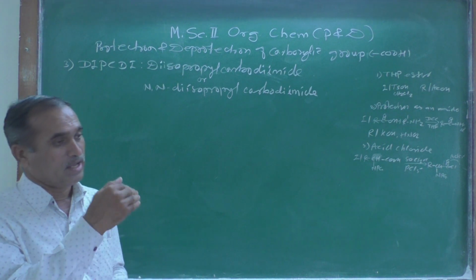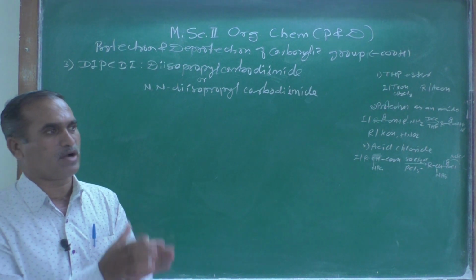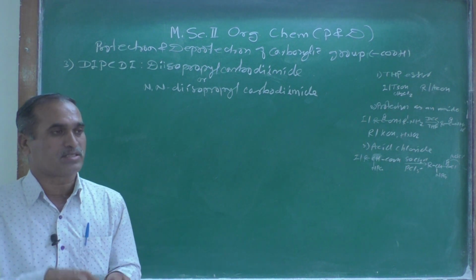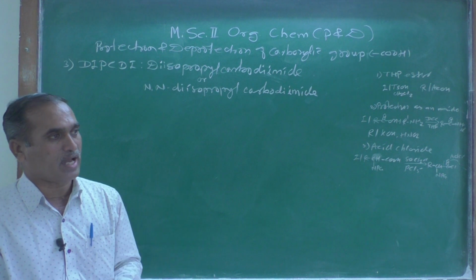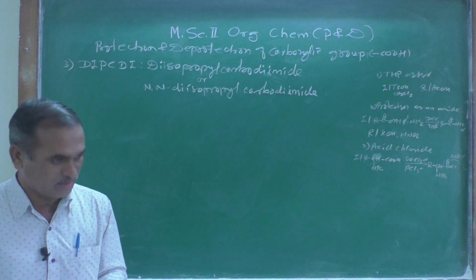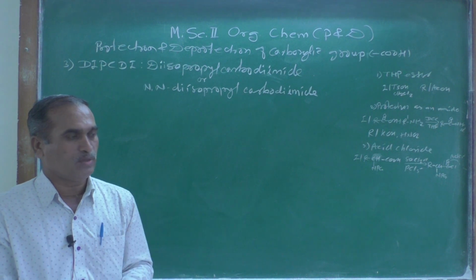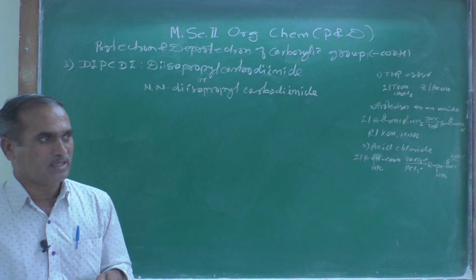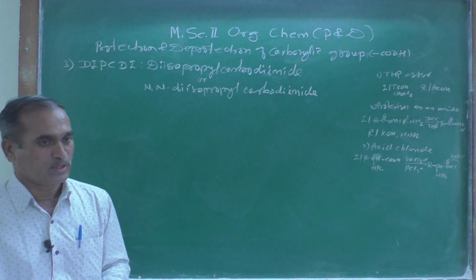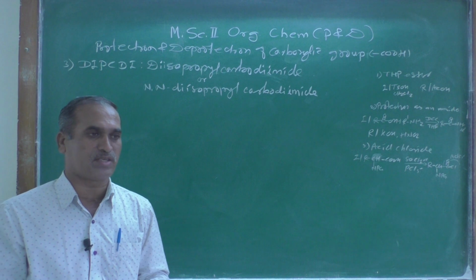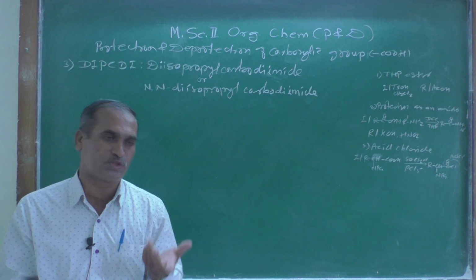Next, we have seen DCC. DCC means what? That is dicyclohexyl carbodiimide, a reagent